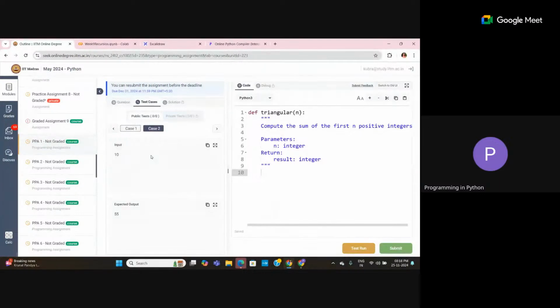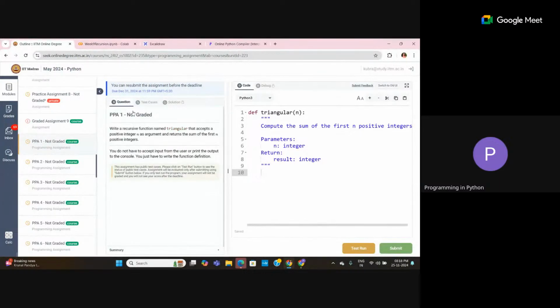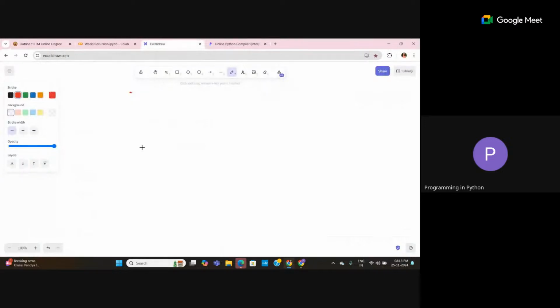1 plus 2 plus till 10. Similar to what we did earlier. So you have to write a recursive function for this case. Now, okay. So here,